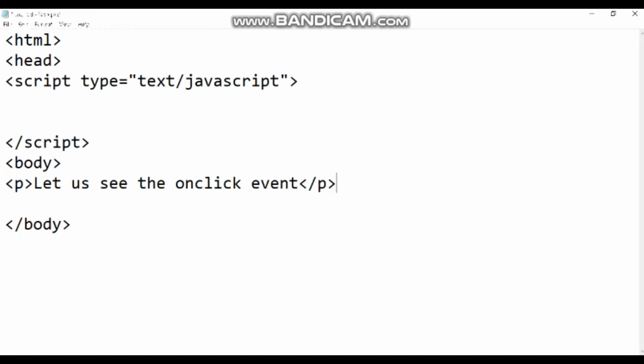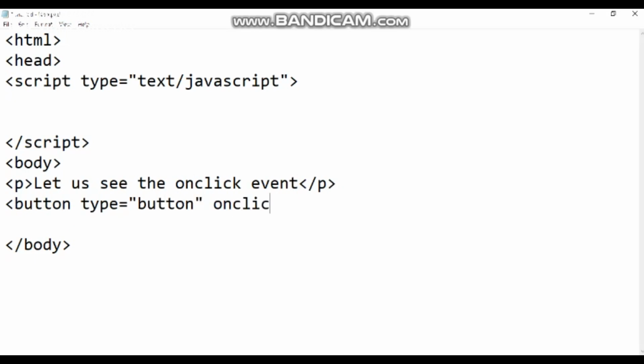We will close off with the p tag, and next we will have a button. To indicate a button, you can have a button tag, and we need to specify the type attribute as button. It should not take any input, it should act like a button. Next is when we click on the button, what should happen; that is, an event or action should be associated. If I want to have the function name to be called, let's say I'll give sayHello over here, this is the function I want to call.